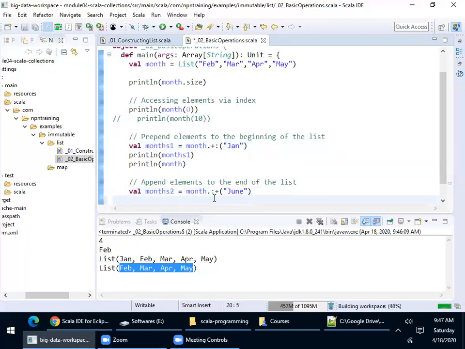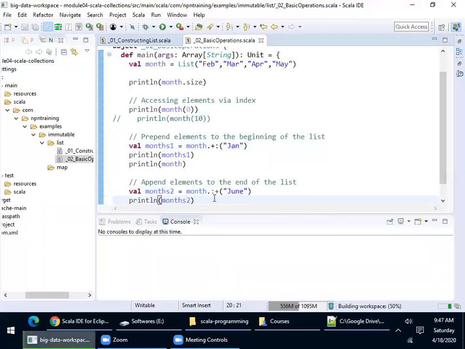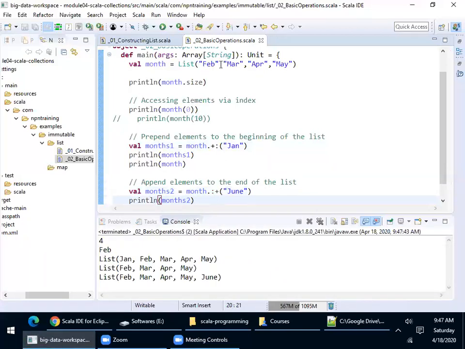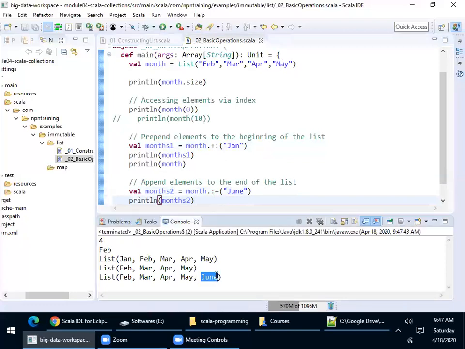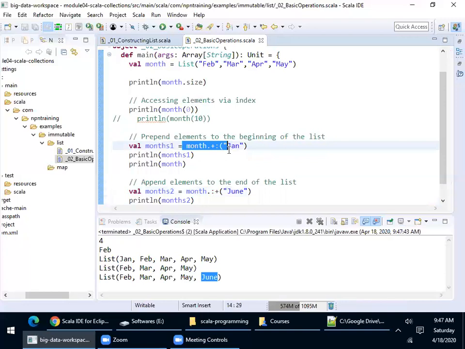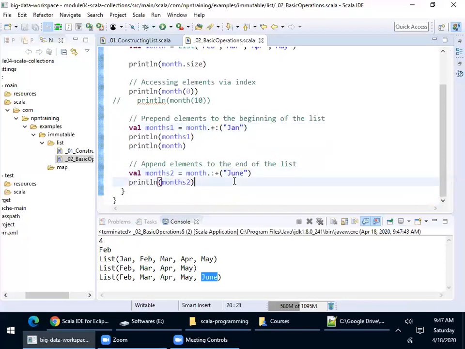Okay, now when I print this, you'll be able to see the original list, that is February, March, April, and May, and I am trying to add June there. So this is how you prepend elements to the beginning of the list and you append elements to the end of the list. Let us see some more methods.